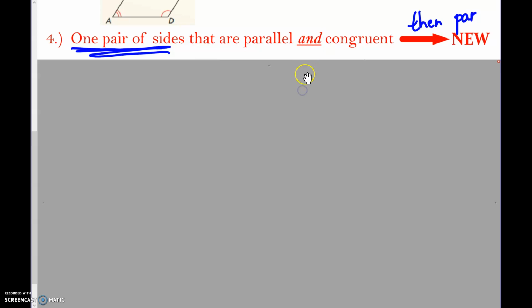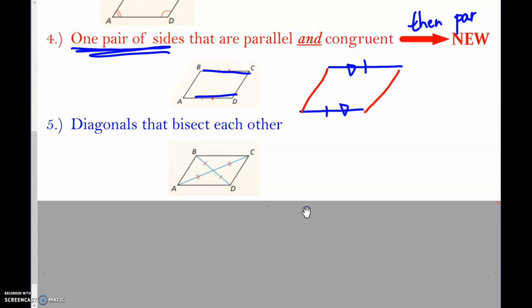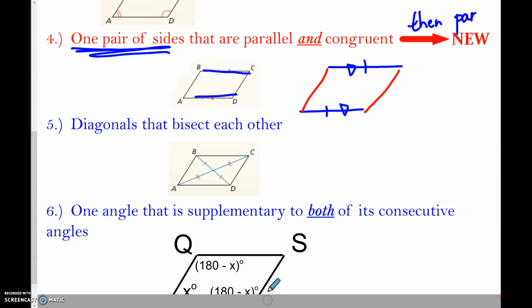So number 5, whoops, that went way up. All right, so if we have diagonals that bisect each other, then we must have a parallelogram. And then the last one is if we have angles that are supplementary to one another. So if we have 2 angles in here, they are saying that this angle is 180 minus x, and this is x. So we have to have it supplementary to both